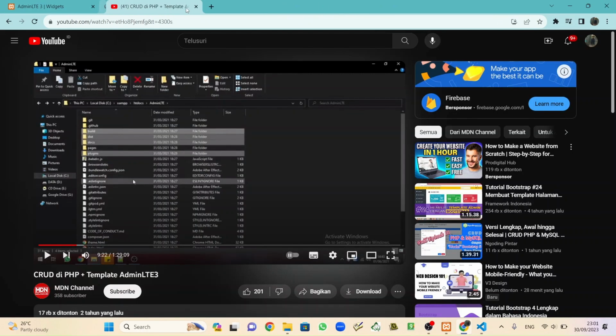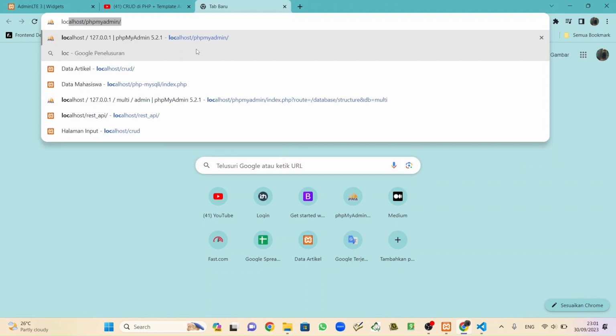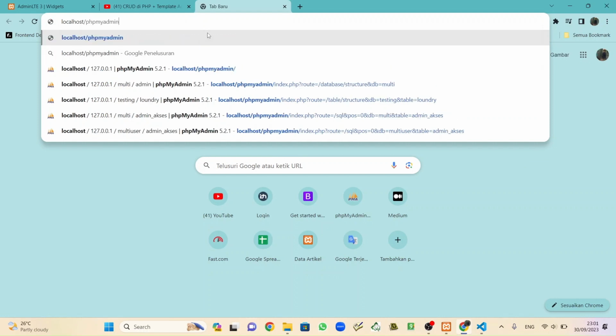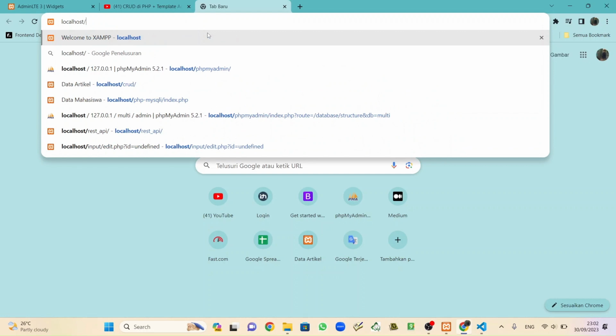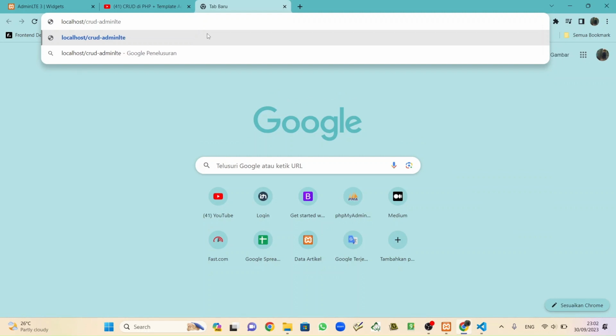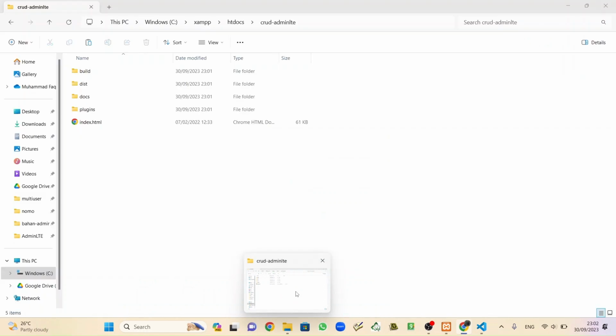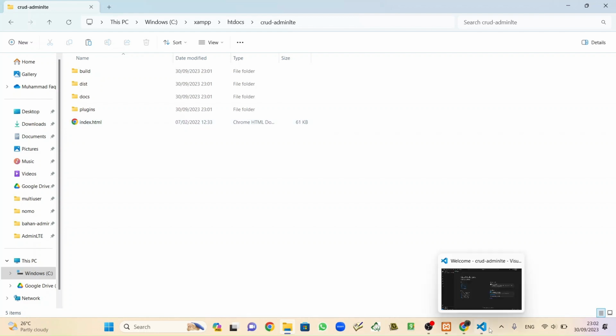We can cancel this and also this one, and we can check it on localhost, but change what comes after the slash to the folder name, CRUD AdminLTE. Enter. It will redirect to index HTML, because the default is index HTML. So we can open this.